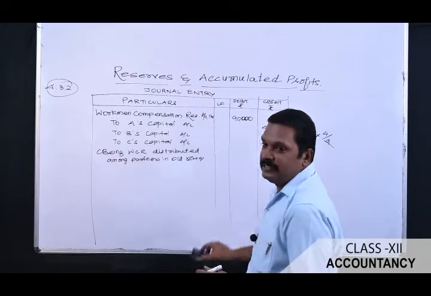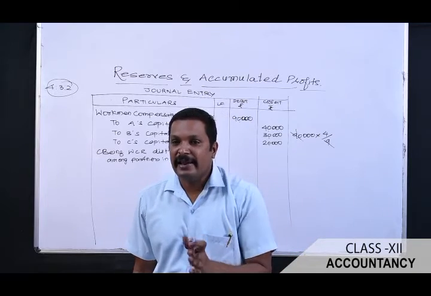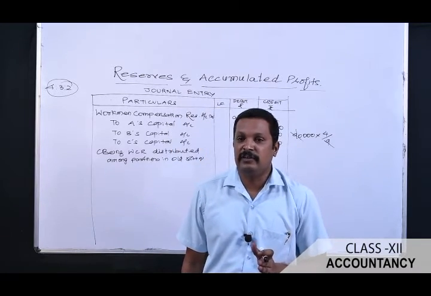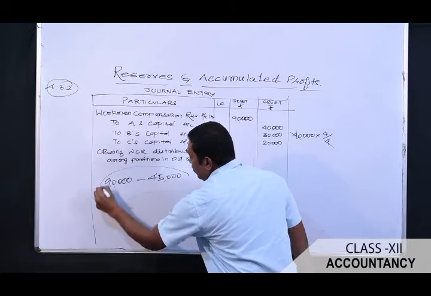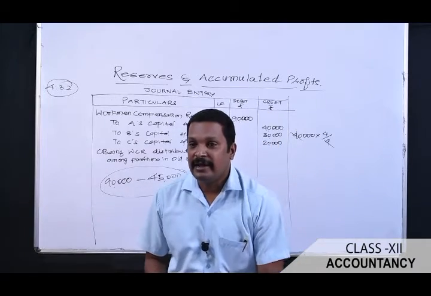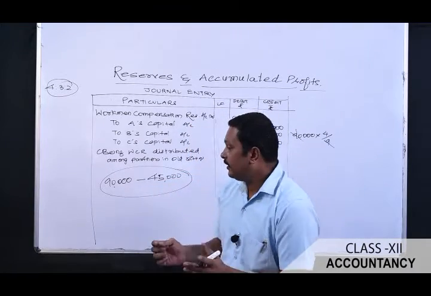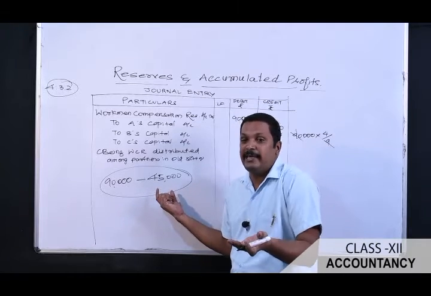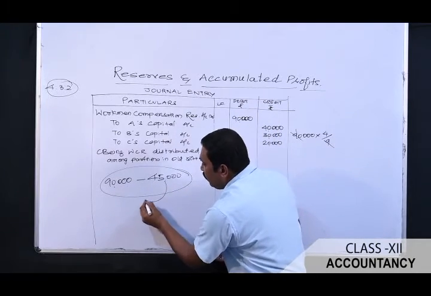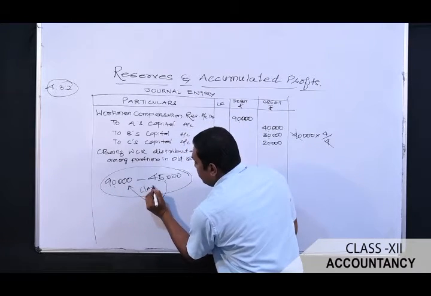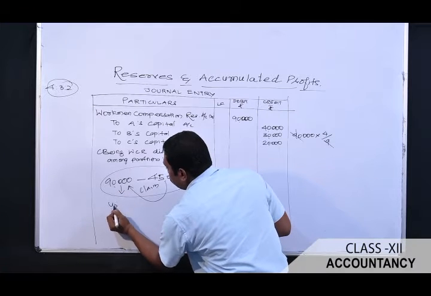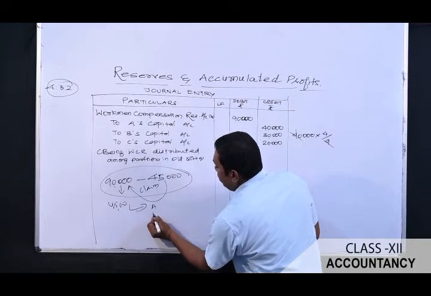In the second case, it is given that a claim on account of WCR is estimated at 45,000. How much balance are we having? We are having balance 90,000. How much claim did they make? 45,000. हमारे पास हमारा बैलेंस शीट में 90,000 रुपीस का रिजर्व है. कितना क्लेम हुआ है? क्लेम में कोई एम्प्लॉइज क्लेम किया है कॉम्पनसेशन. कितना क्लेम हो गया है? 45,000 क्लेम हो गया है. सो 90 में 45 क्लेम के लिए चले जाएगा और बैलेंस 45,000 रुपीज जो है बांटना पड़ेगा A, B, C